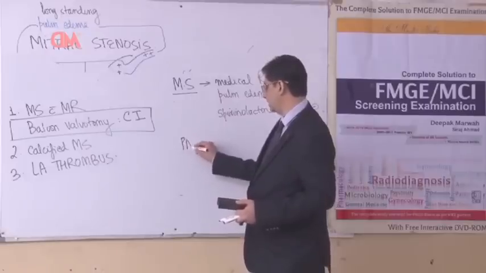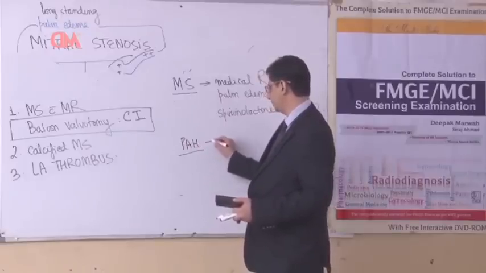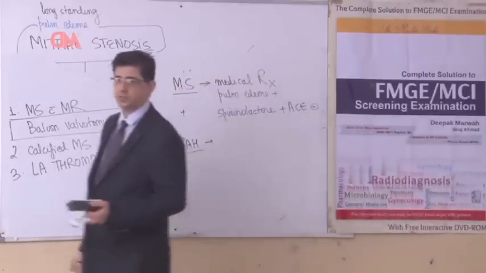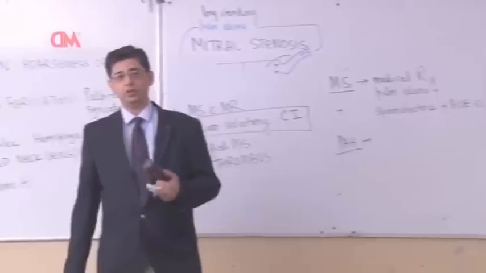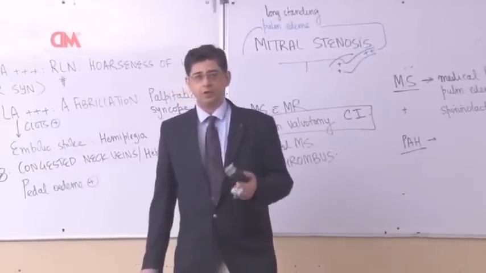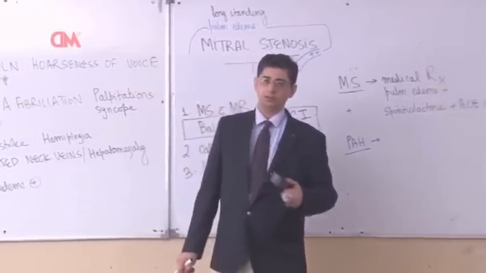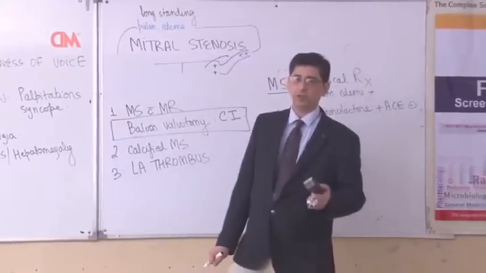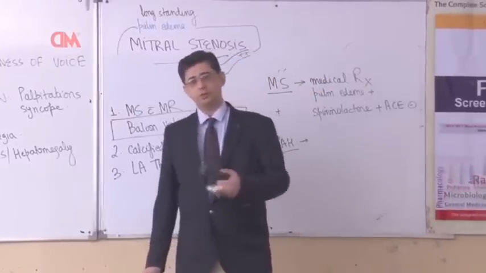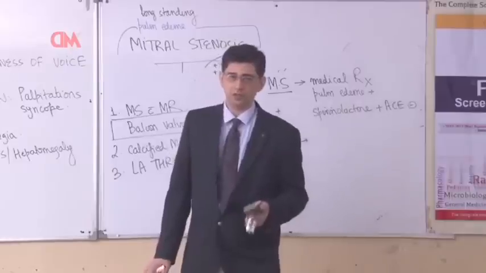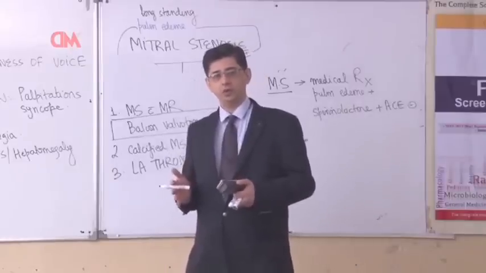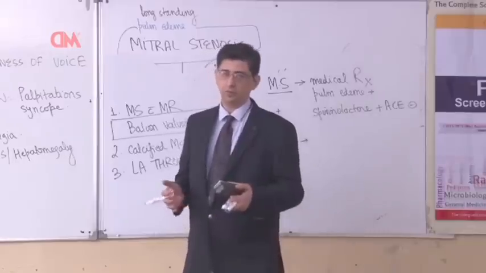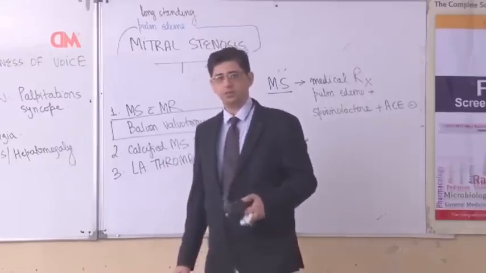If the question is mentioning pulmonary artery hypertension, which could be occurring with mitral stenosis, then the perspective will change in the sense that extra medicines have to be given to the patient. Pulmonary artery hypertension will always have a loud P2, and will always have a morbidity which will be increased as compared to a plain case of mitral stenosis, primarily because the pressure in the pulmonary artery is more, so the heart will have to do extra work to send blood to the lungs, and therefore the pulmonary blood flow would be restricted or compromised in these patients.